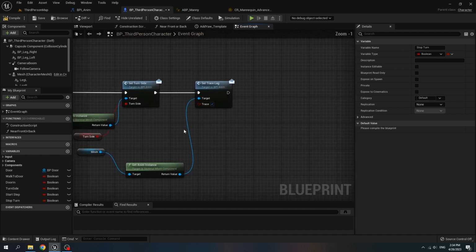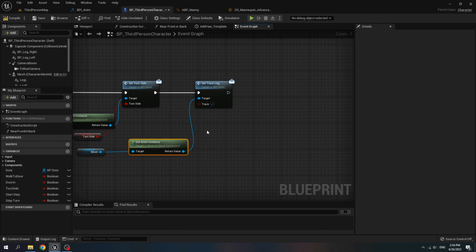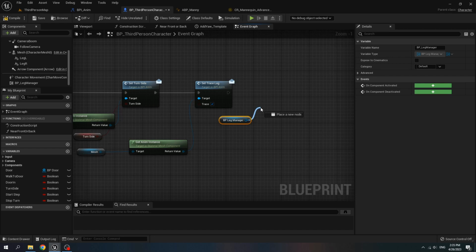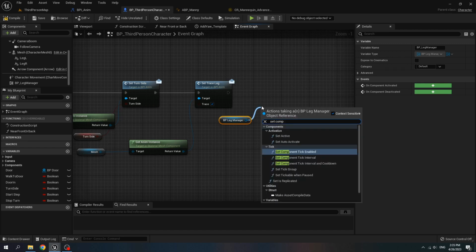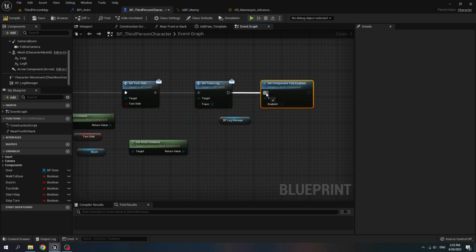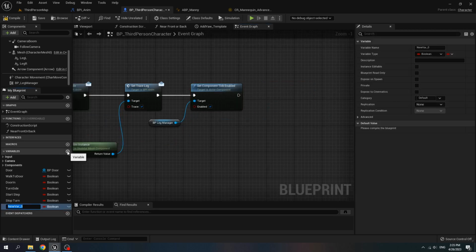And when we set trace leg, get BP leg manager and set component tick enable to false, component tick enable to true. Add variable, name it trace and set trace to true.